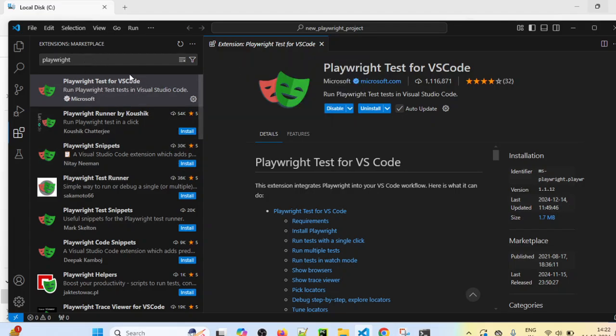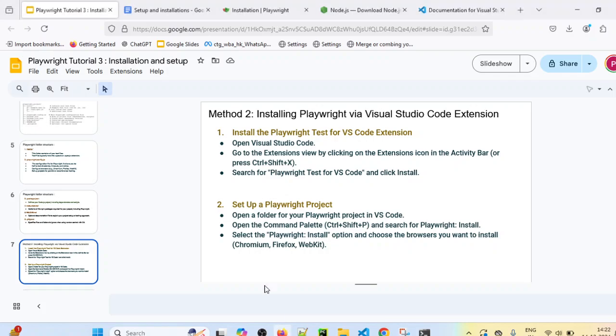Once that extension is installed, what is the next step? We open Visual Studio Code, open the extension icon, search for Playwright Test for VS Code, and click on the install button. Once that is installed, you can open a folder for your Playwright project, which we have already opened. We have installed the Playwright Test for VS Code extension, but it is still not configured in our project. So for that, what we have to do,